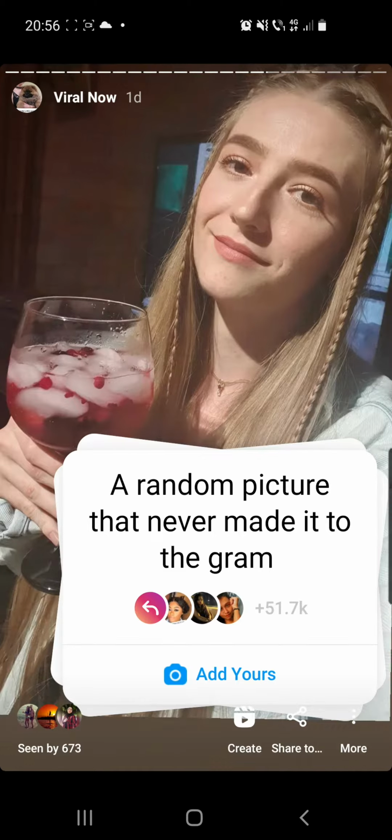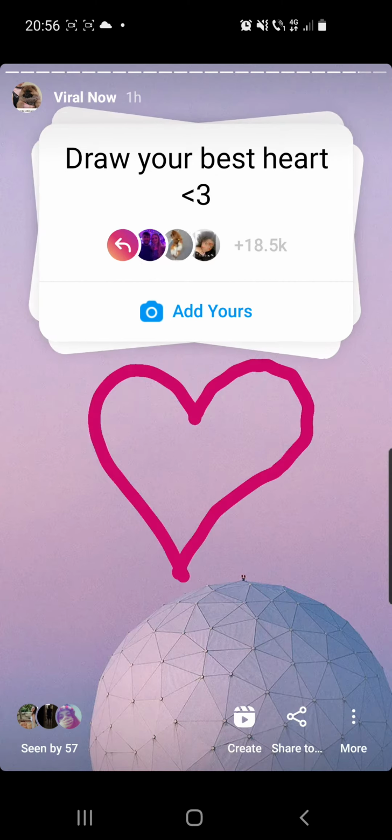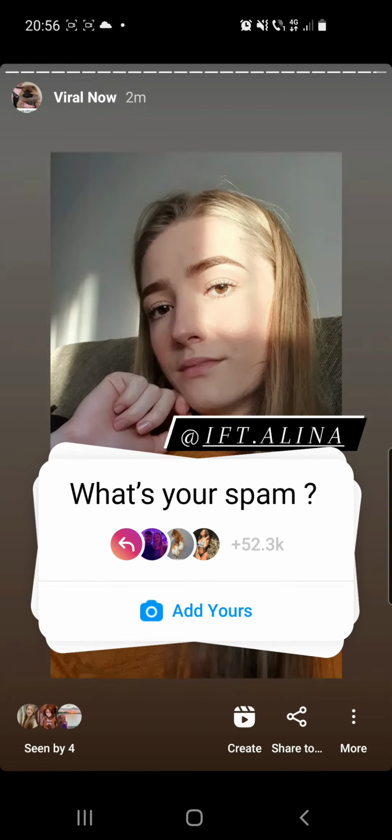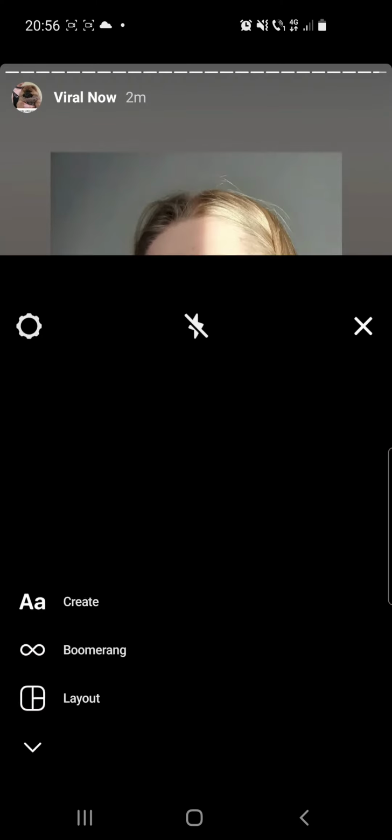So click until you find the desired sticker. I think it is the last one. So there we have it. What's your spam? So from here you have to click on the add yours button, and if you are not